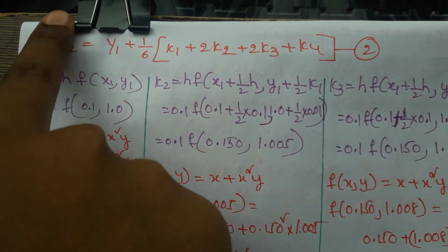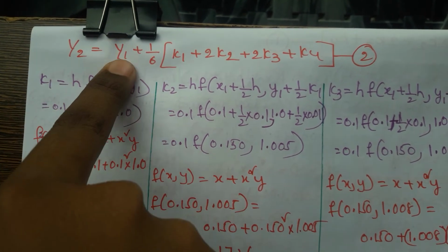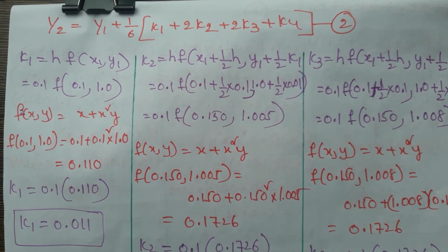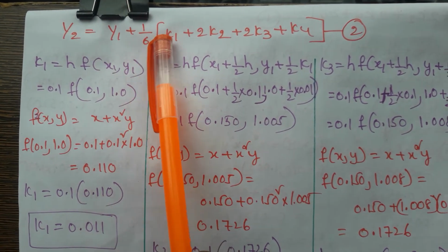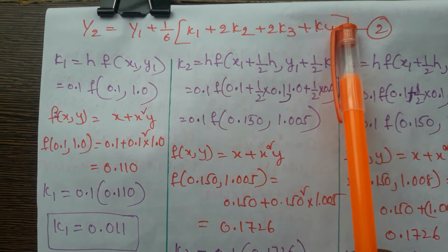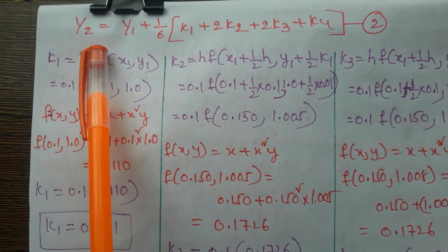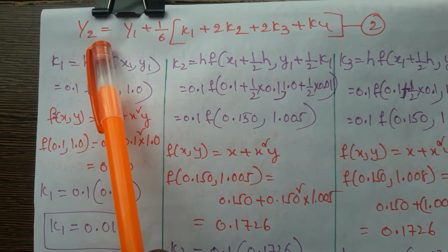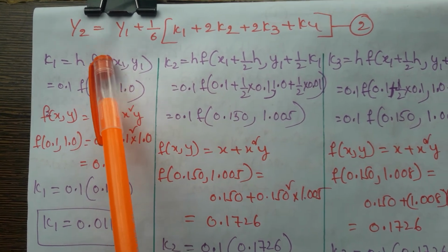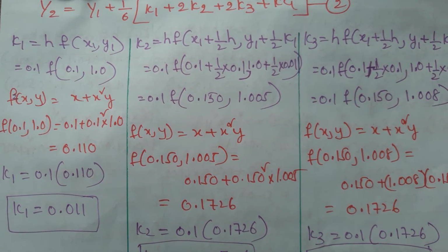In the y1 equation, in place of y0 we had y0. In the y2 equation, in place of y0 we get y1. So I will display all the formulas. So y2 is y1 plus 1 by 6 into k1 plus 2k2 plus 2k3 plus k4. The k1, k2, k3, k4 values we need to find. K1 is equal to h into f of x1 comma y1. For y1 previously we had x0 comma y0. For y2, here x1 comma y1. There is a small change between y1 and y2 like that.